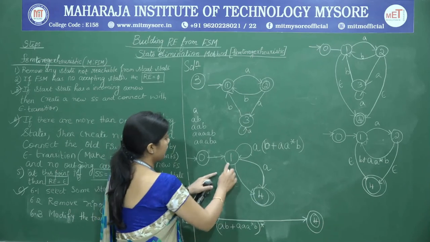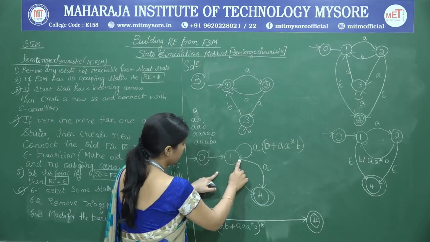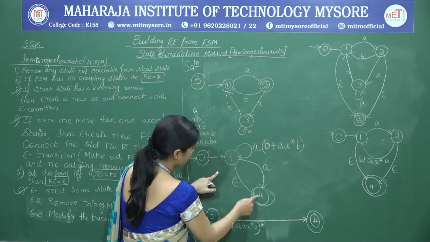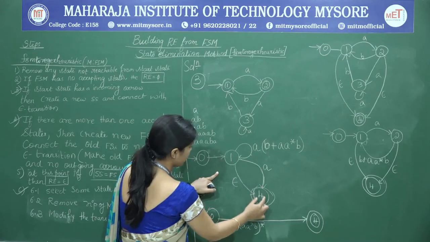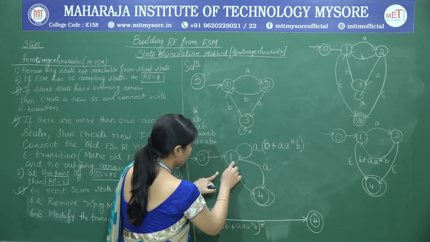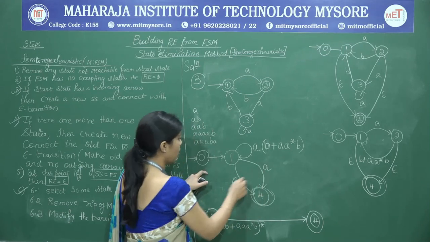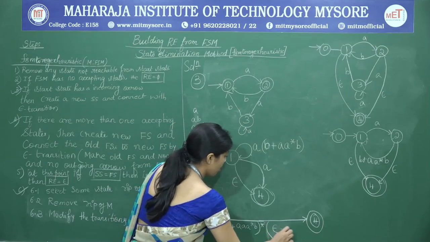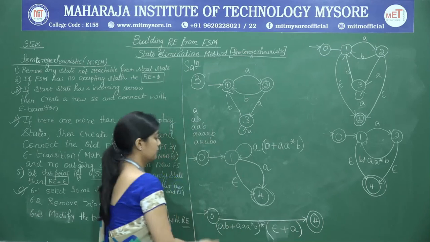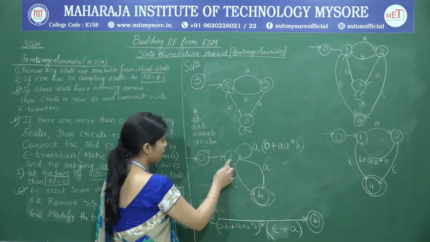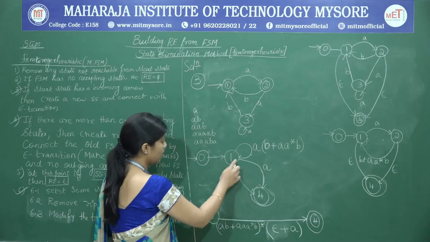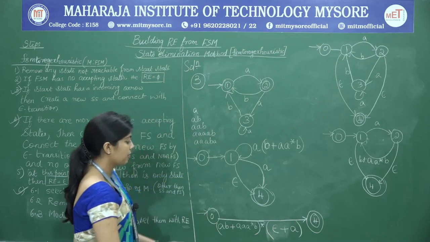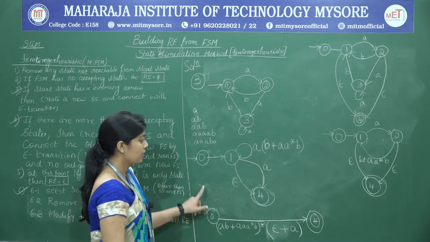Next, the next transition from 1 is, from 1 we are going to 4 and also we are going to 4. So there are two different things which take us from 1 to 4. From 1 to 4 you can either go on A or you can go on epsilon. So here we are going to write epsilon or A. So from 0 to 4 via 1 you can either go on epsilon or go on A. So this is the final expression that we are going to derive from the given problem.